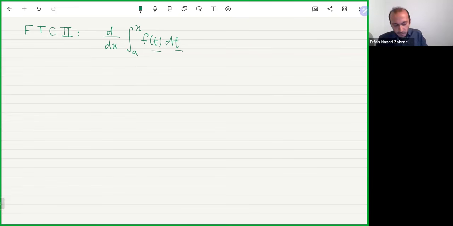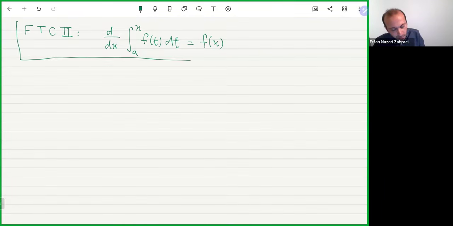It can be any letter that you like, put it instead of t here. That's the same thing. Then this derivative is: take this and plug it into the function. So it's f of x. That's fundamental theorem of calculus